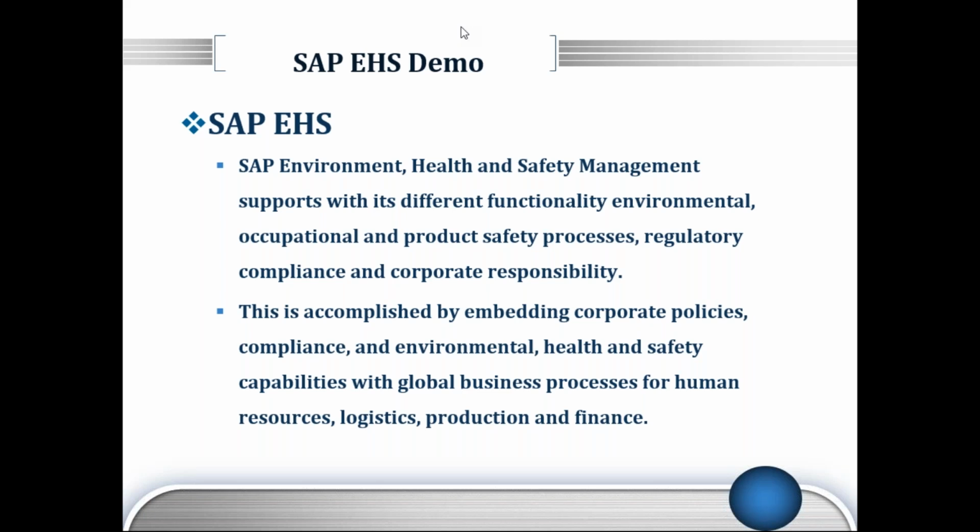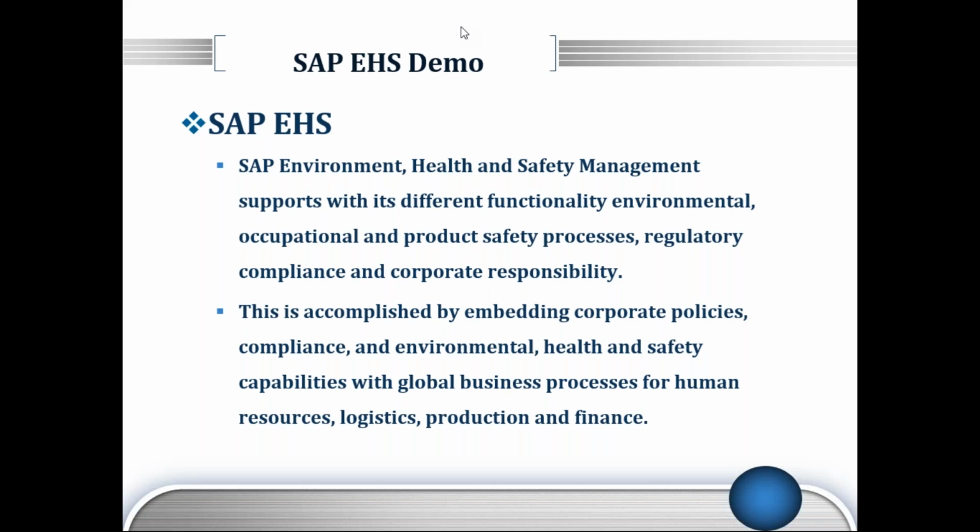So with S4 HANA, SAP has come up with something that is more user friendly, that people can implement and understand very well. That is how S4 HANA has come into being, and it is one of the very popular software nowadays. A lot of companies are migrating from the earlier ECC system into S4 HANA.